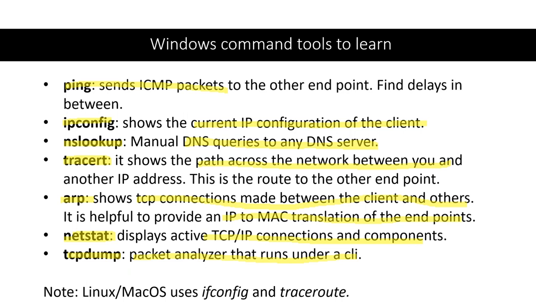You can get tcpdump on Windows, but it's native on Linux and Mac OS. tcpdump is just another packet analyzer, right? And it runs on a command line. Unlike Wireshark, which runs on Windows with a nice graphical interface, where you click, click, click, and see all these colors and all that, tcpdump is on a command line, so it's just text. And you can do filtering, you can do everything, but everything has to be done at the command line. But it is a great utility. Like I said, it is available for Windows, but is native on